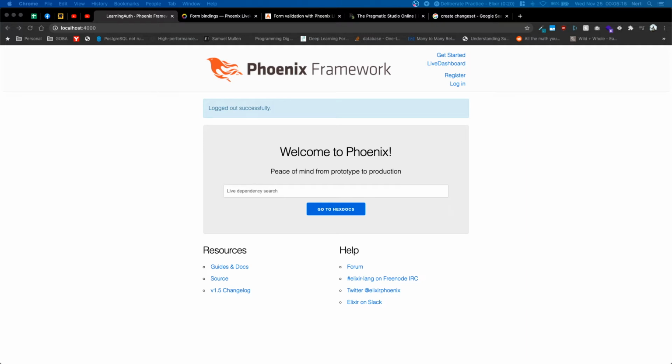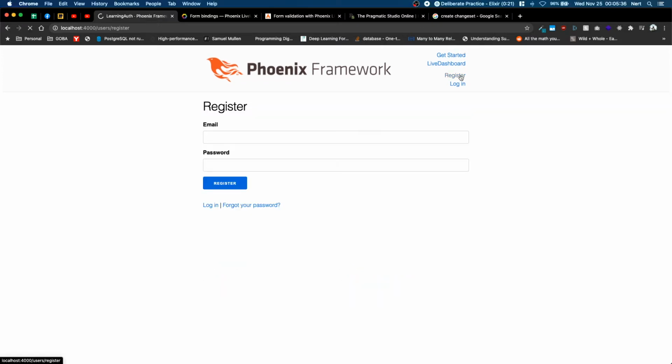Now, in that first article, I did allude to a second post in which I talked about converting one of the forms into a live view. During this process, as I was experimenting, I came to one realization: the forms for, say, registering a user, I ideally want to turn this into a live view, and I was able to do it, but I ran